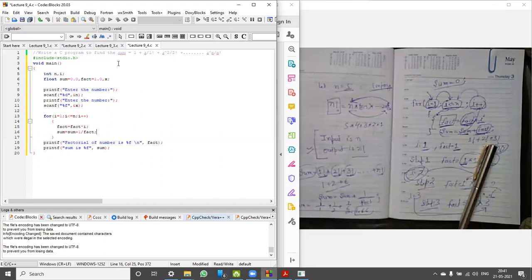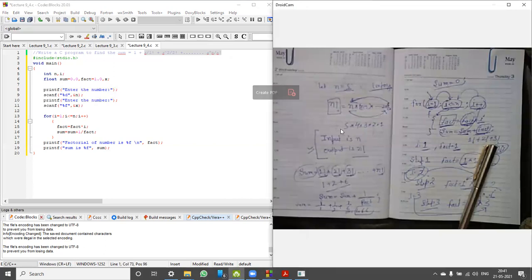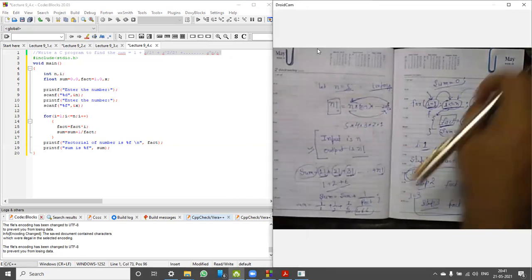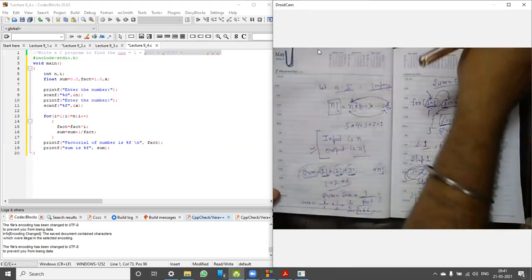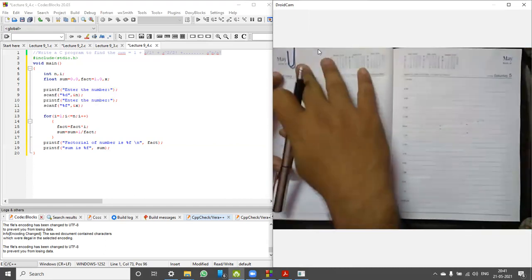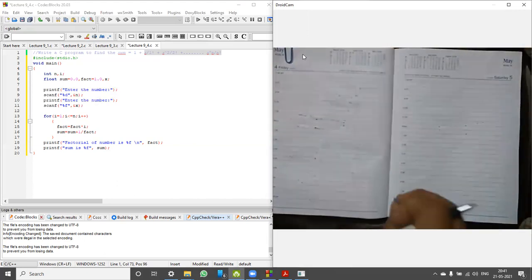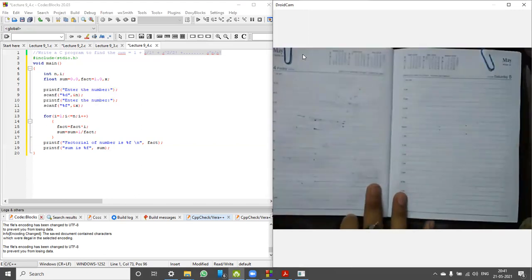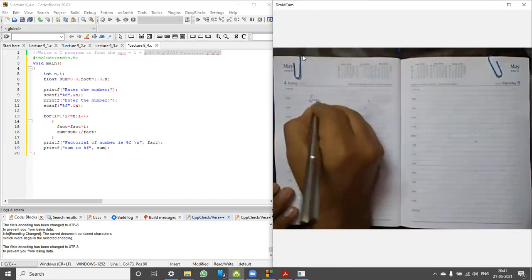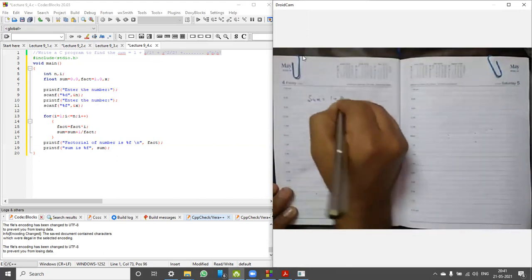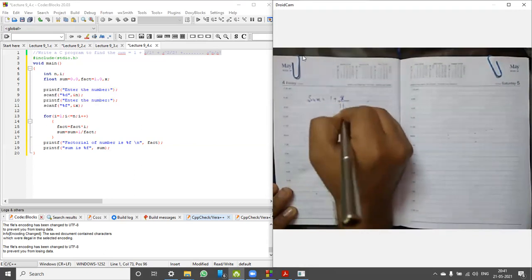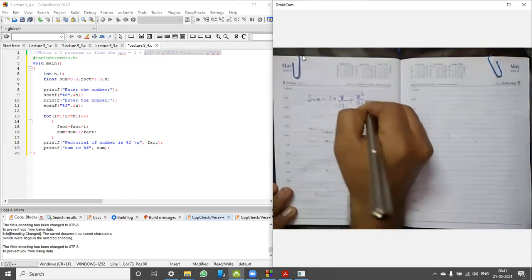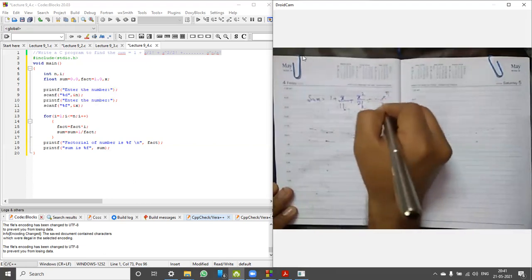Now, initially, we are going to calculate this value. Sum is equals to 1 plus x over 1 factorial plus x square upon 2 factorial up to x to the power n.